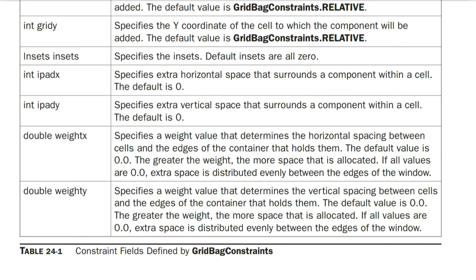If all values are 0.0, extra space is distributed evenly between the edges of the window. double weighty specifies a weight value that determines the vertical spacing between cells and the edges of the container that holds them. The default value is 0.0. The greater the weight, the more space that is allocated. If all values are 0.0, extra space is distributed evenly between the edges of the window.